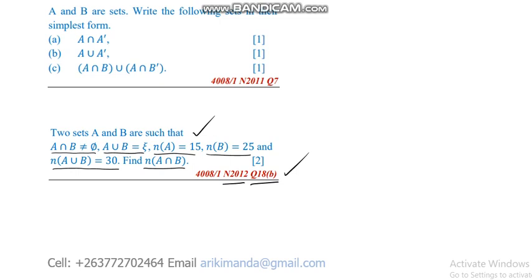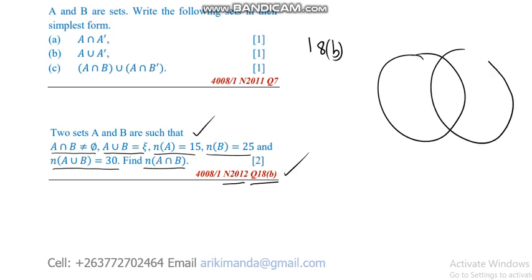So our question, 18B, we start by drawing. We don't need to draw that box. We have two sets A and B only. This is how we do it. We have our sets. I'm not good at freehand. This is set A, this is set B. Take note, we've been told that elements in set A are 15, elements in set B are 25, and we are told to calculate the number of